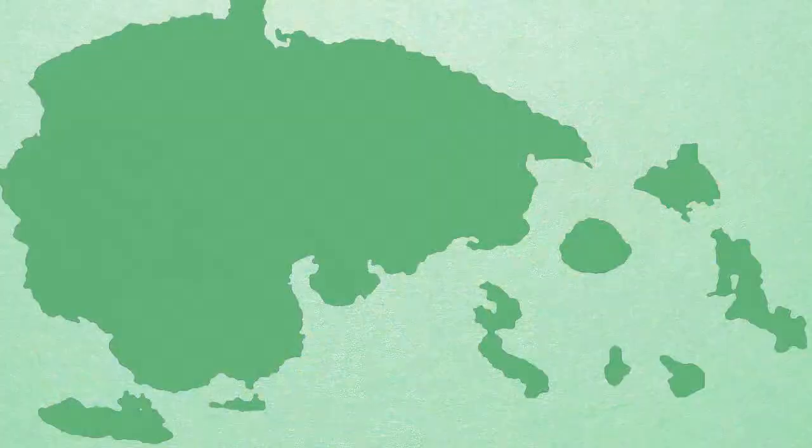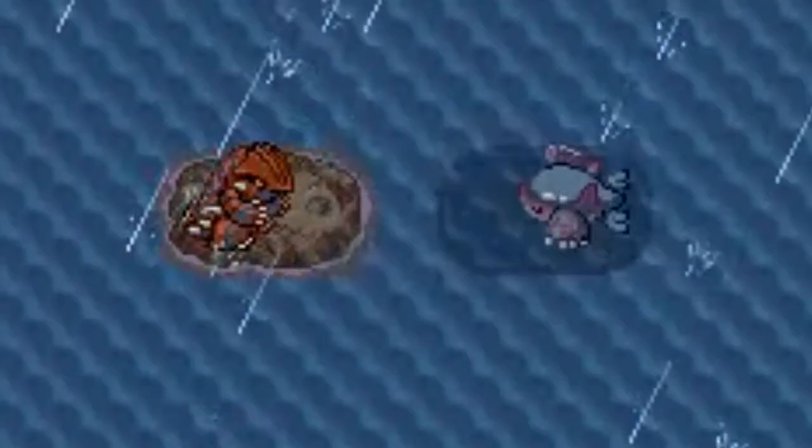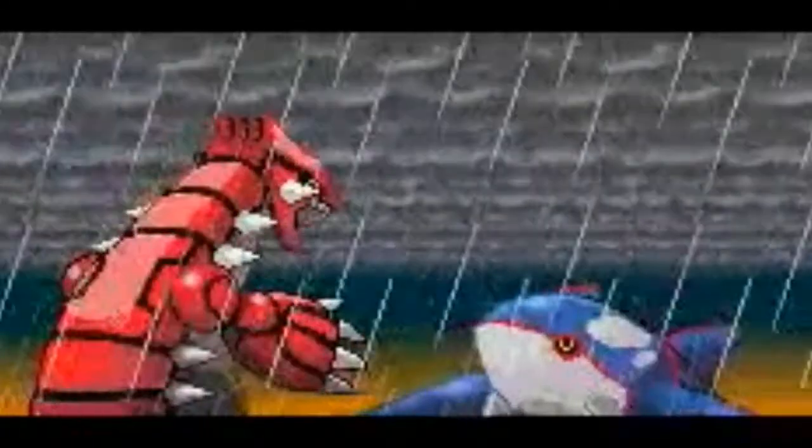So you'll probably know that Kyogre and Groudon, the legendary Pokemon of the Hoenn region, can control the land and the sea. But how? Kyogre and Groudon's ability to control the weather are clearly seen in the Ruby, Sapphire and